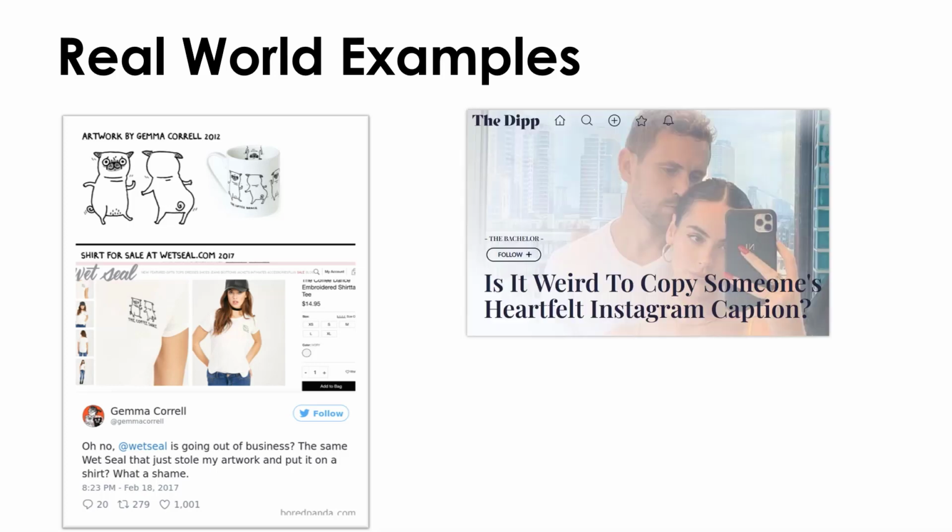In the second example, the girlfriend of a former bachelor took another person's heartfelt Instagram caption to their partner and used it as her own to her boyfriend. This act of plagiarism probably won't result in legal action, but the stolen caption was by another famous person. So people noticed, people commented, and it was all around embarrassing for the former bachelor and his girlfriend.